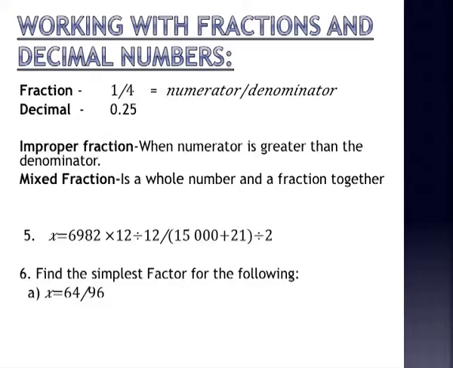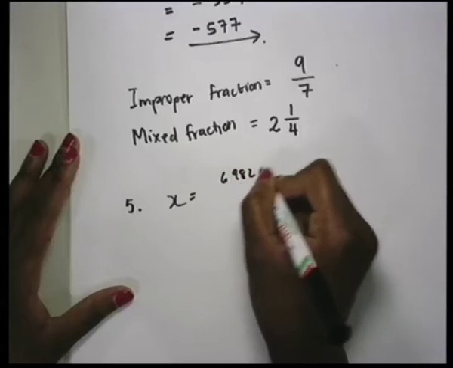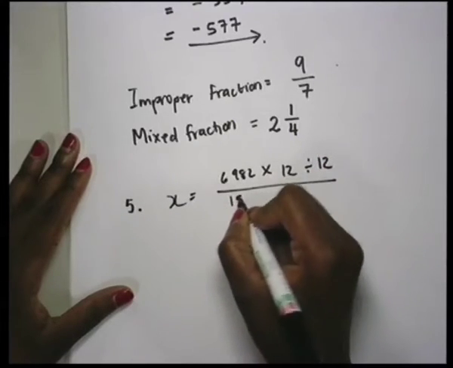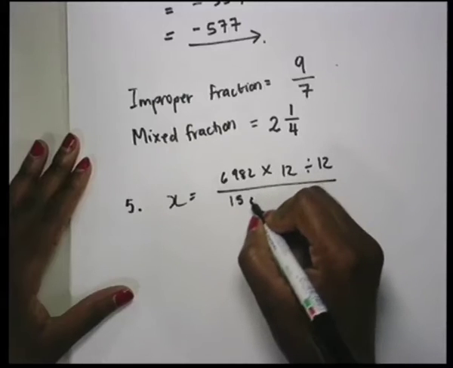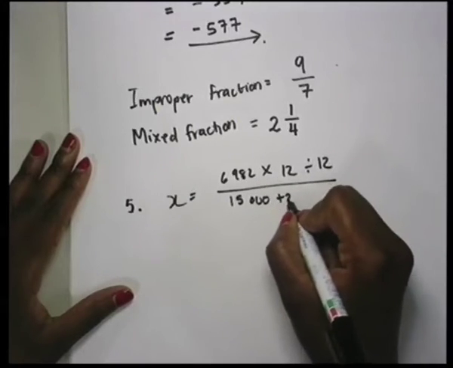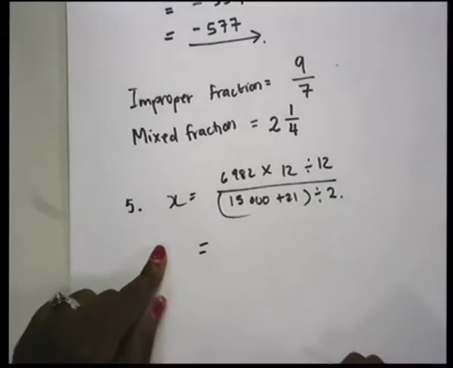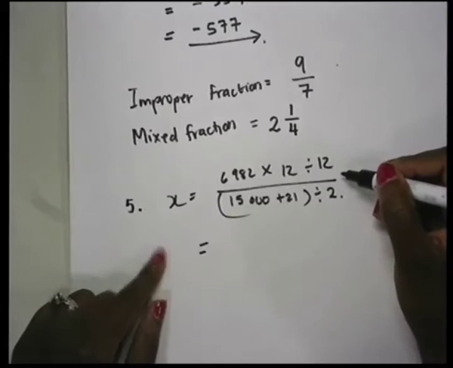The numerator has 6,982 times 12 divided by 12, while the denominator has 15,000 plus 21 divided by 2. Now, just by looking at the numerator,